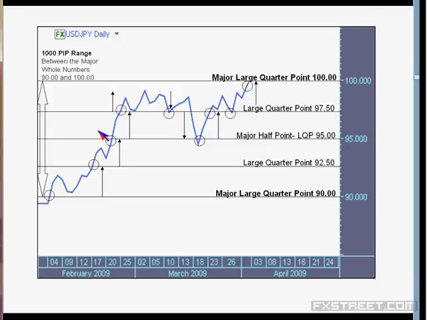Each large quarter of 250 pips will have 10 small quarters of 25 pips each. So there's also gradual fluctuation occurring there between the major whole numbers